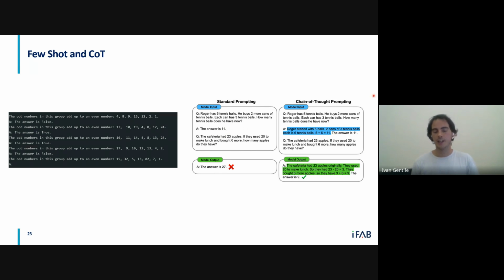So we see it here highlighted in blue. Once the chain of thought is applied, the model can correctly answer our question. This is a good example of why we want to use chain of thought prompting when we interact with LLMs. On the left, we have another example of few-shot prompting. We just have many. In this case, we have 1, 2, 3, 4. It's a 4-shot kind of prompt.